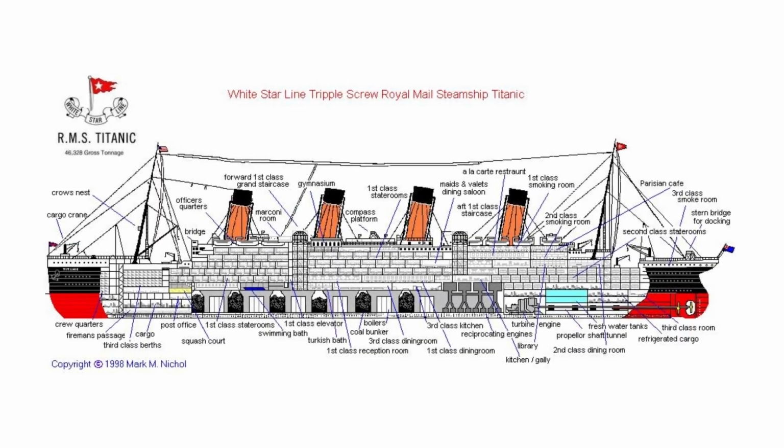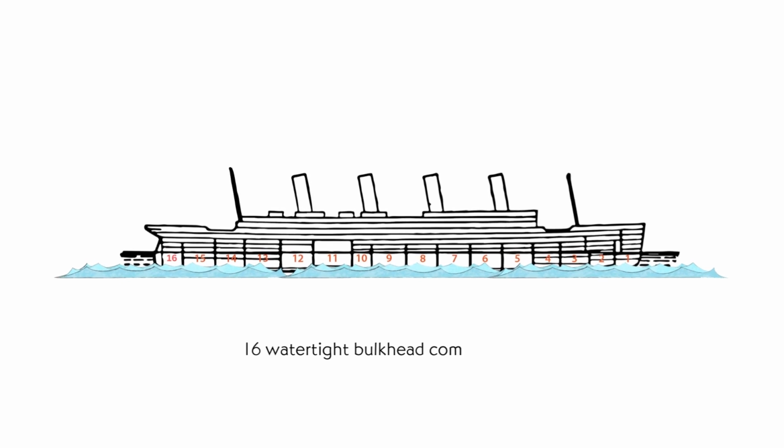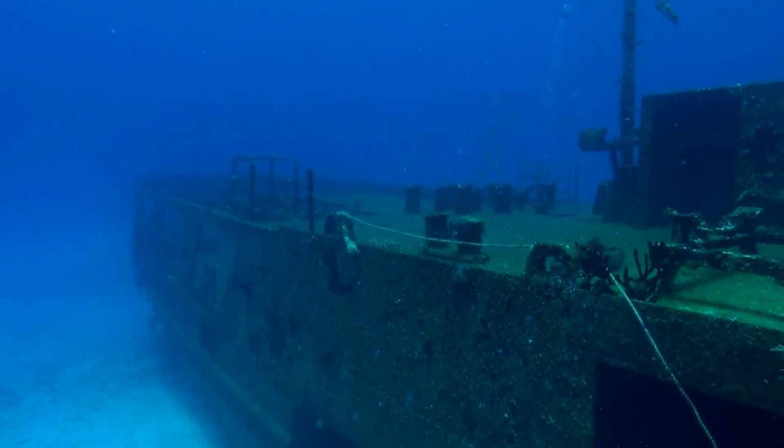To ensure that it is kept afloat in case of a puncture, the Titanic had a unique state-of-the-art design, featuring a double bottom and 16 watertight bulkhead compartments, equipped with electric watertight doors that could be operated individually or simultaneously by a switch on the bridge. This would have worked well in ensuring that the ship remained unsinkable if the ship hadn't been punctured from the